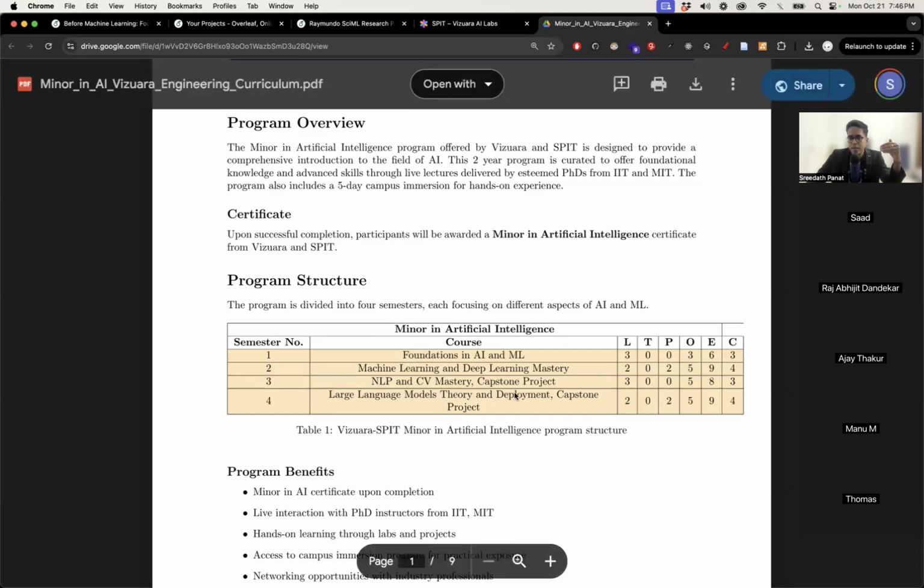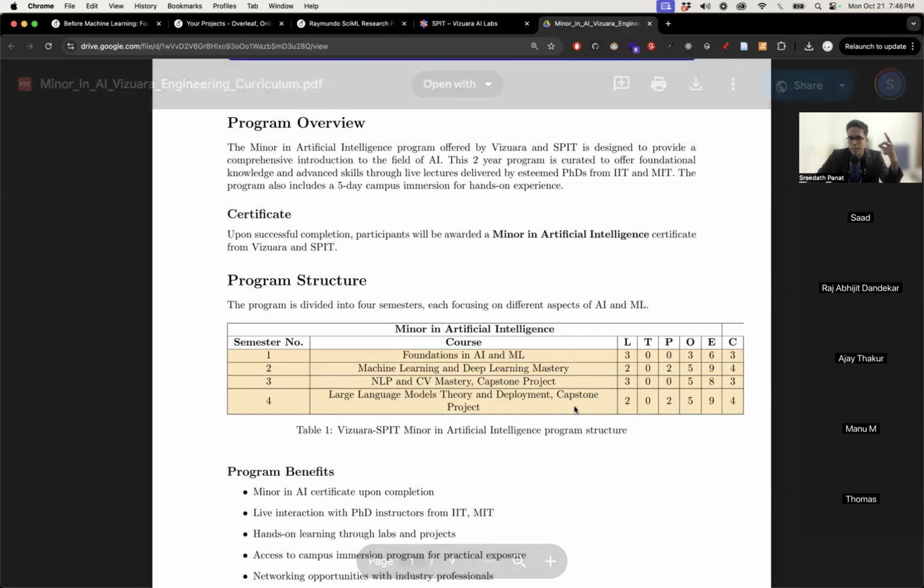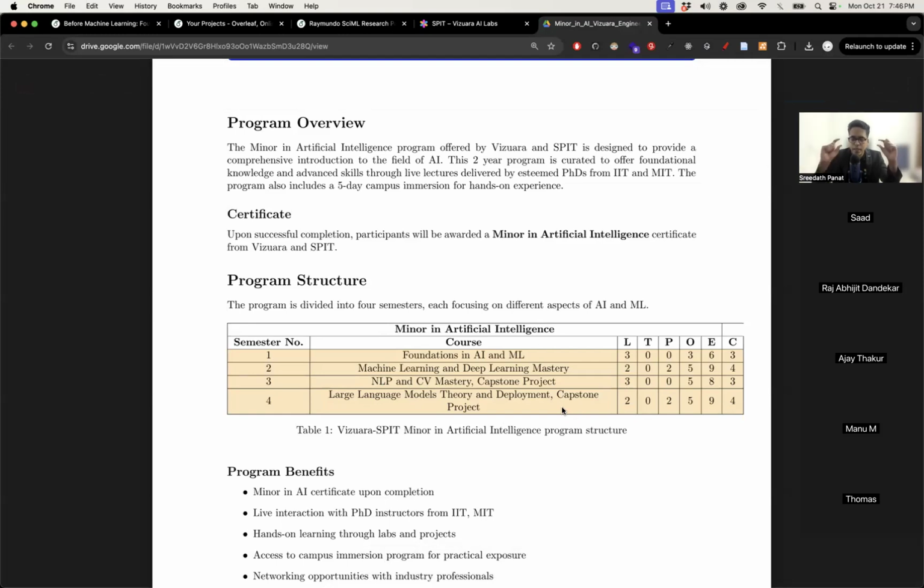And then the last course is about large language models. So this large language model course will cover several things: theory, deployment, and a project. Which is a little bit too much in my opinion to cover in one course because this field is so vast. But yet if you take this course, you will have a fairly good idea about what is happening in the generative AI space, especially with respect to large language models from a theory, deployment, and an actual application